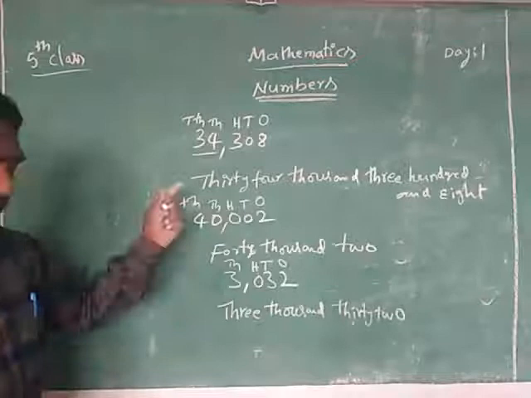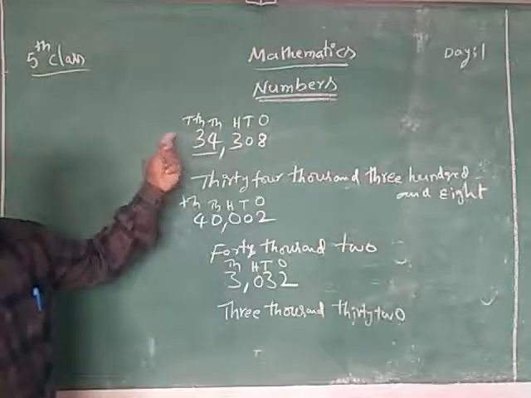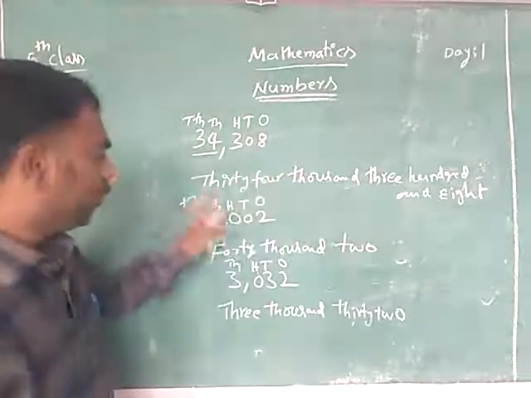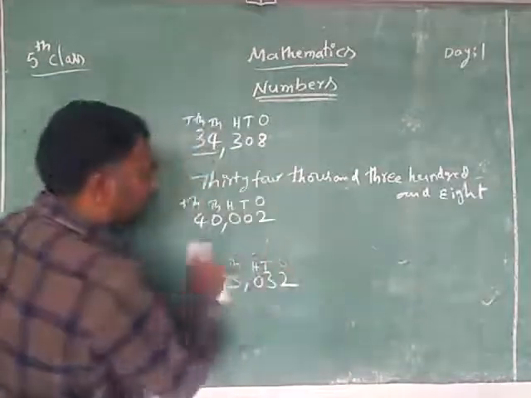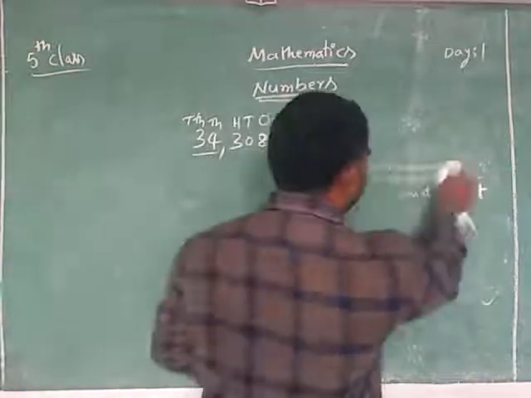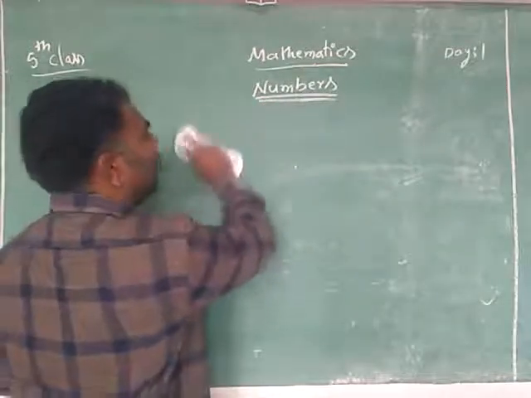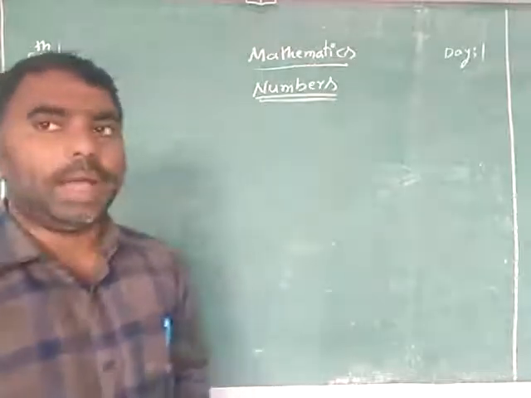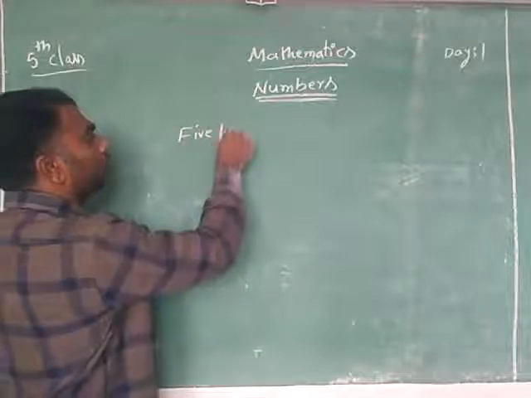So this is the way of reading the number and writing it in words. How to read a given 5-digit number and how to write it in words. You can note it in your book and do the homework which I will give after this class. The next thing: I will read the number, but you need to write it. I will write in spelling, and you need to write the number. I am writing here: 502.